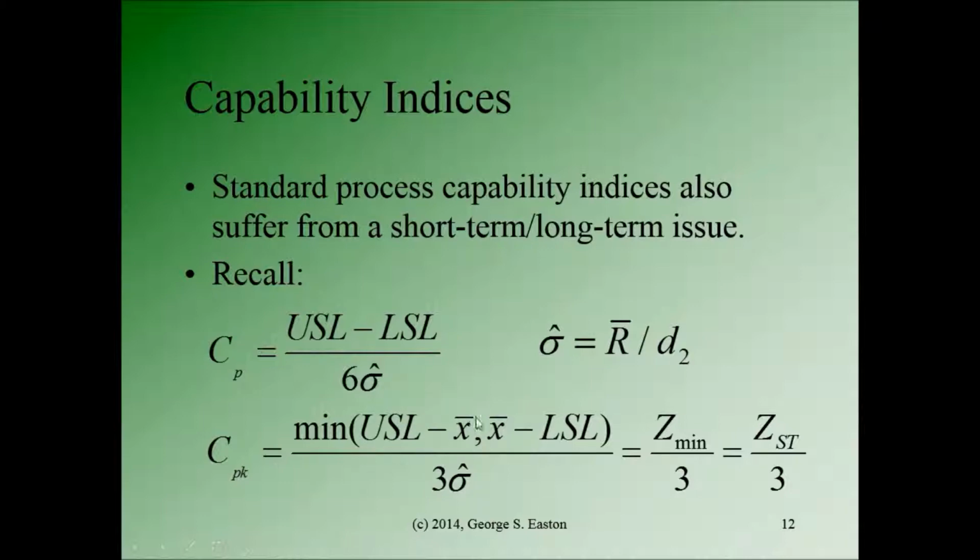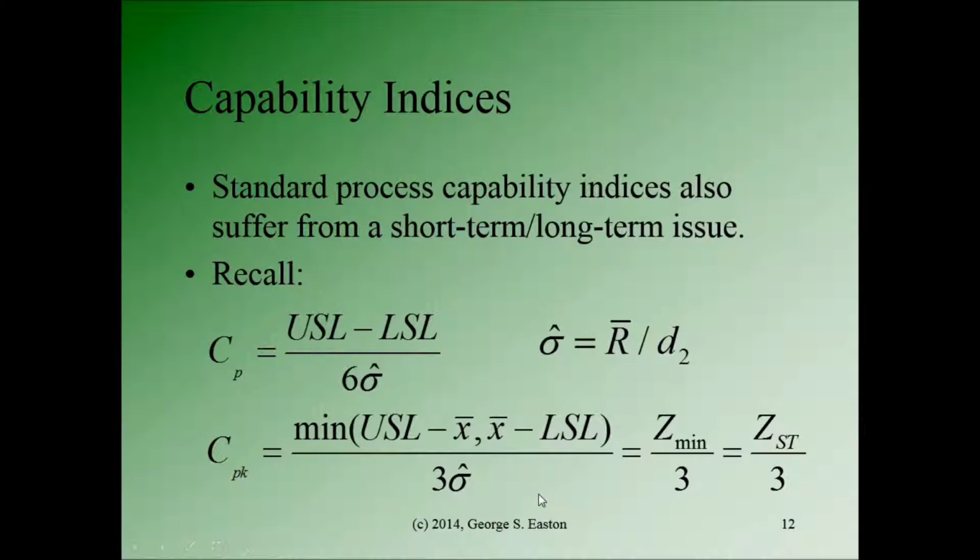So this will be a positive number if the process mean is between the specifications. And then the current process mean minus the lower specification limit. Again, if the process mean is within the spec limits, this is going to be a positive number. So we take the minimum of that, which gives us the distance to the closest specification limit, and then we divide by 3 sigma. The question that we're really asking is how many half distributions fit inside of the specification